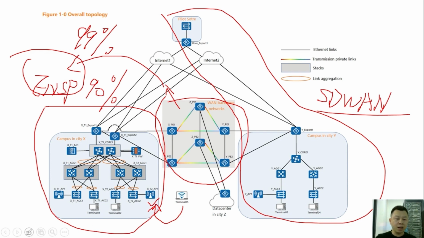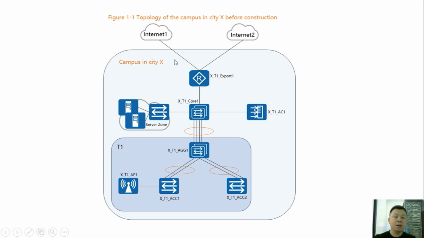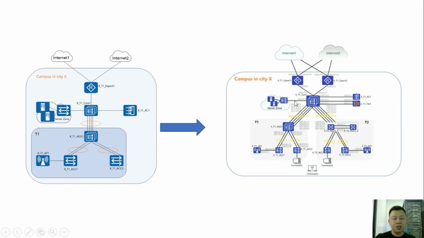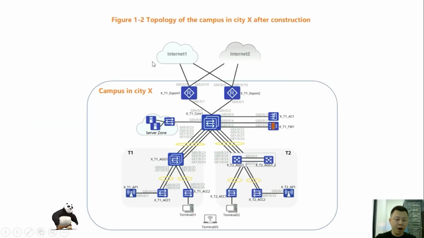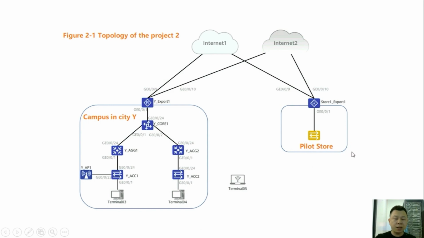Now let's take a look at the topology of the campus in City X before reconstruction. After the transformations, we will see the addition of a T2 office building, and then the addition of a new firewall. Next, we see the network of the campus in City Y and the pilot store. This side completely relies on our SDN controller called iMaster NCE Campus to perform cloud management operations to meet the